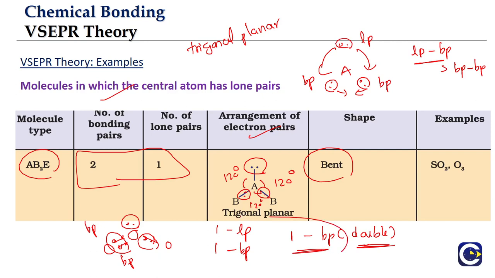Now you see how many positions we have to accommodate: 1, 2, 3. Correct. So in one trigonal planar corner, you will have a lone pair. In another trigonal planar corner, you will have a bond pair with one oxygen. In another trigonal planar corner, you will have that double bond pair with another oxygen. So this is the shape of ozone. And again, when it comes to shape, the lone pair of electrons on the central oxygen we cannot see. What you will see is an oxygen here, an oxygen there, and another oxygen. So what is the shape? It is the bent shape.